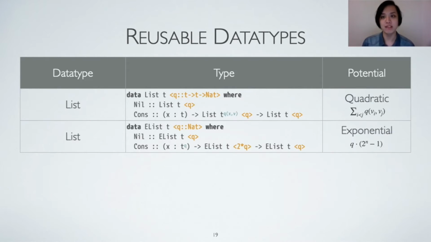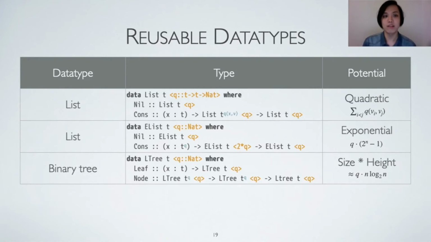The second one specifies exponential potential over lists by doubling the potential in each element of the tail in the econst constructor. The third one defines binary trees. To capture tree height in the potential, the Knoth constructor adds q more units of potential to the element in the subtree. So basically, an element at the leaf carries q times h units of potential, where h is the depth of the leaf. In this way, we can express a resource bound like O(log n) if the